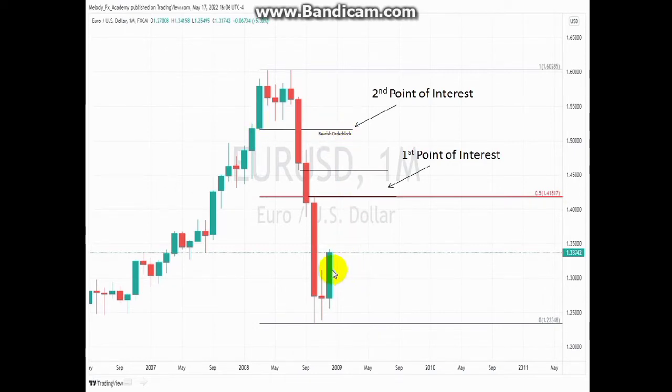What is going to be your directional bias? Remember, this is the monthly time frame, and this is just a single month that has already been traded. We don't know the exact number of months it's going to take before it gets to this fair value gap. So prior to price trading to this particular fair value gap, what is going to be your bias?